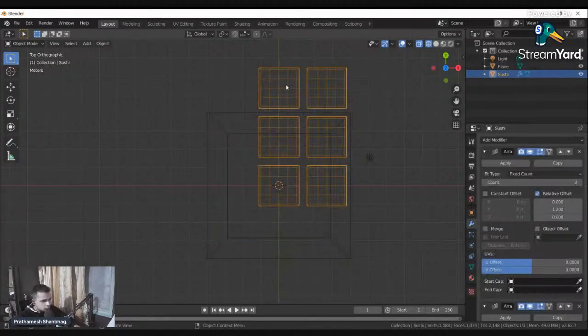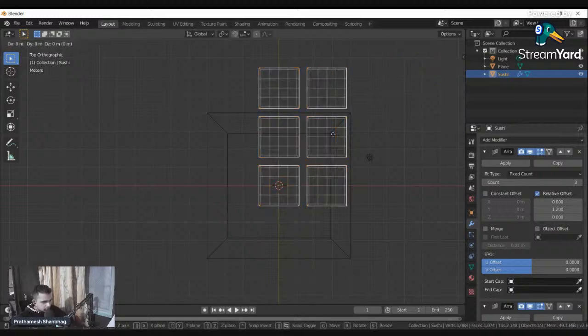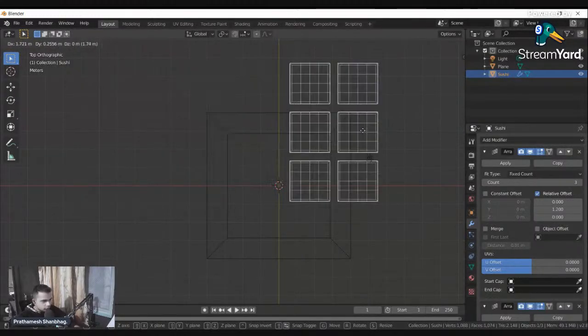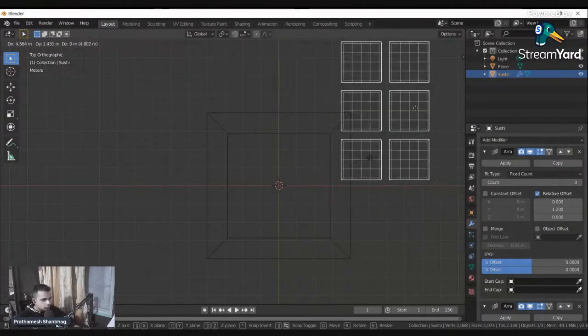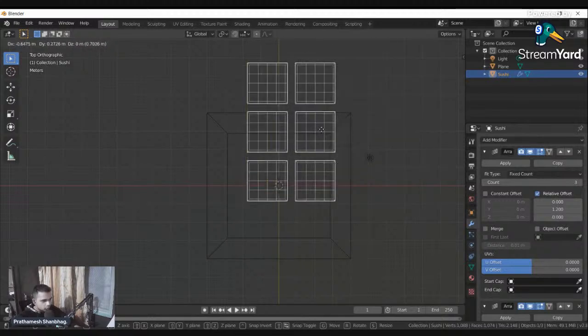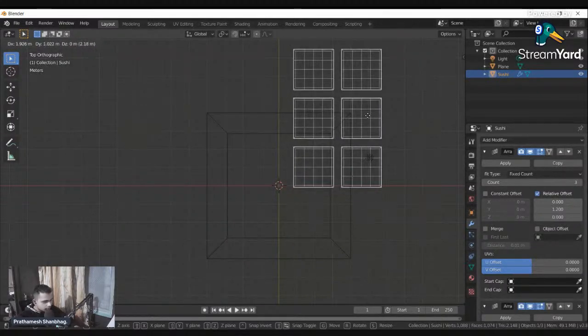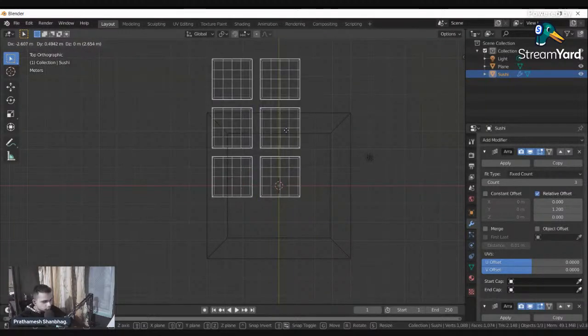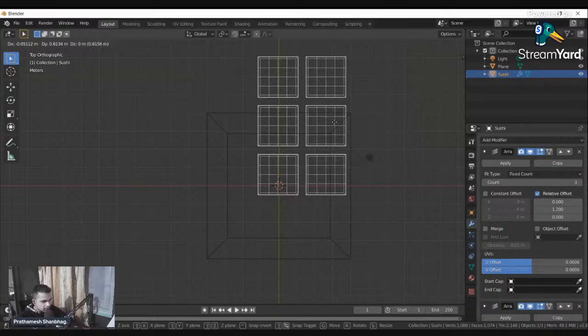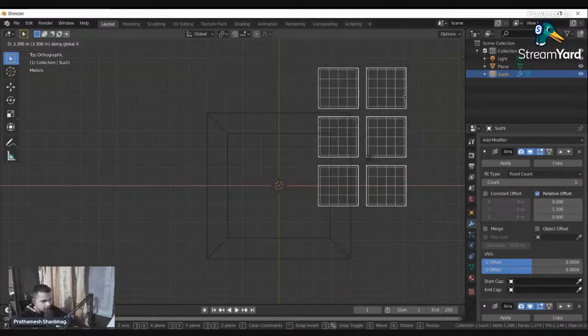Now let me select the sushi, and if you press G, it's the free moving tool for this one in Blender. You can freely move the object anywhere you want when you press G. Same logic, like extrude or rotate or inset. You press G and press X, it's going to snap to the X axis only.